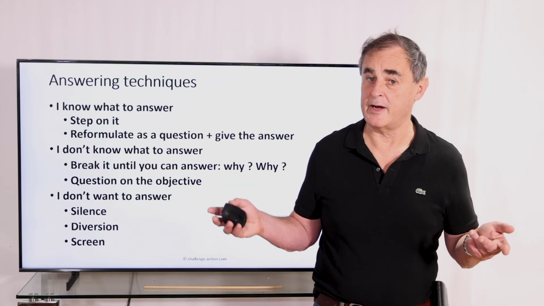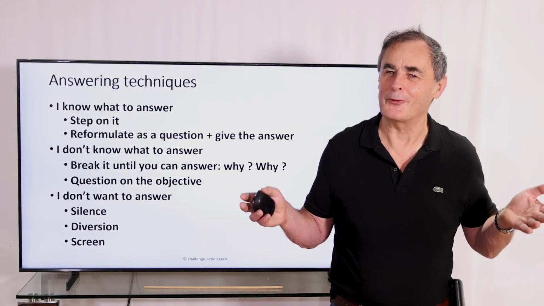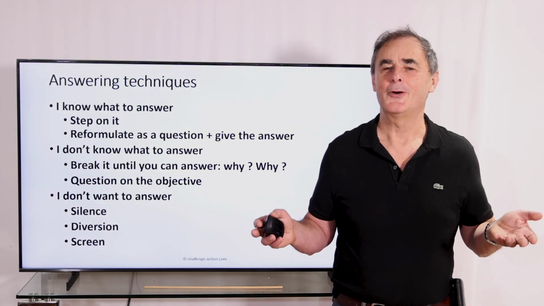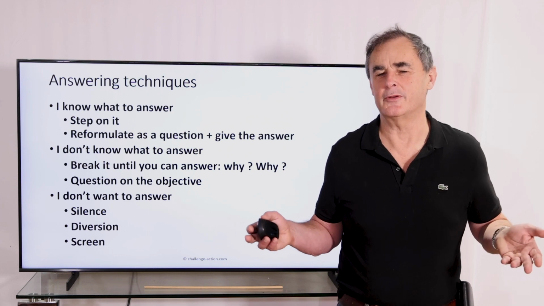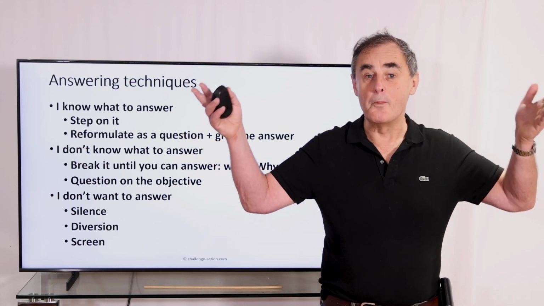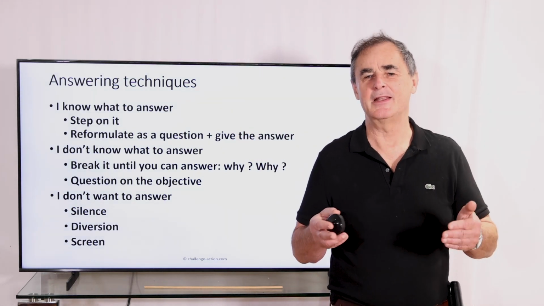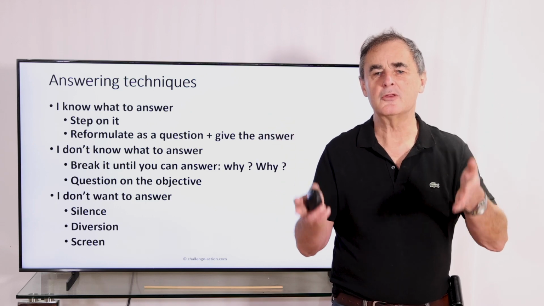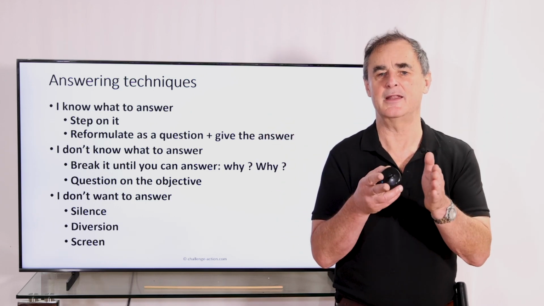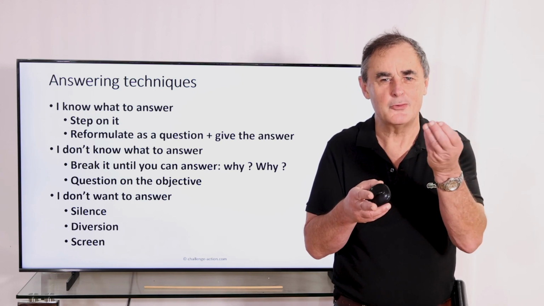So if I understand well, you had 3 or 4 times out of the 20 where we were late, and it was only 1 or 2 days. Then you can begin to answer. So you break the objection because it's too wide, too general, a false objection, and you want to break it to find out exactly if the person is serious, and if yes, then you can begin to answer.